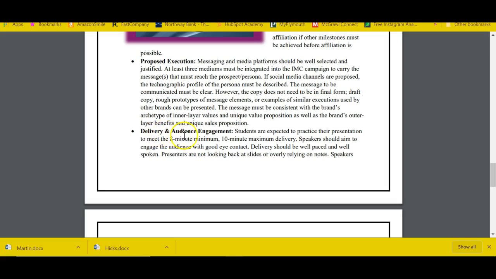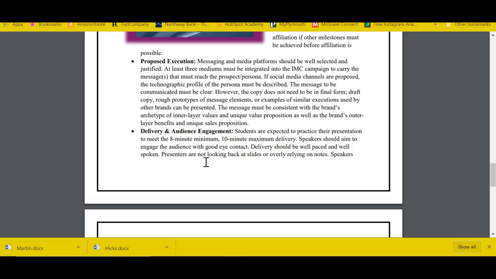Then we have the next point where you're going to be graded. It's going to be on the delivery and the audience. So your presentation should be 8 minutes at minimum, 10 at maximum. And as I told you before, you need to engage the audience. If you are recording yourself, make sure you're making the proper eye contact with the camera. I mean, just think of this as if when you go live on Facebook, or when you do a live Instagram, or when you create a story on Instagram. So be very relatable and be very personable.